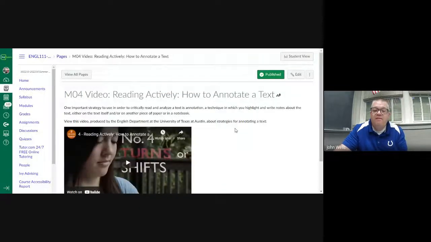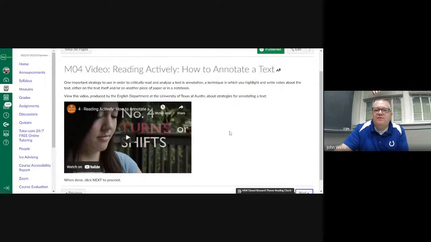We do have, this is an interesting piece. So we go into some pieces that help you break down the text, right? There's some different activities, those different strategies. And then the video about reading actively, annotating text. So when we ask you to read something, I know a lot of times people just breeze through it. Done. I read. What'd you get out of it? I don't know. I don't know what it said.